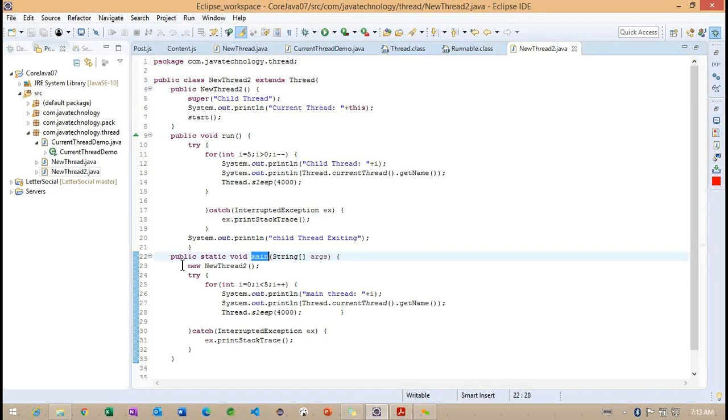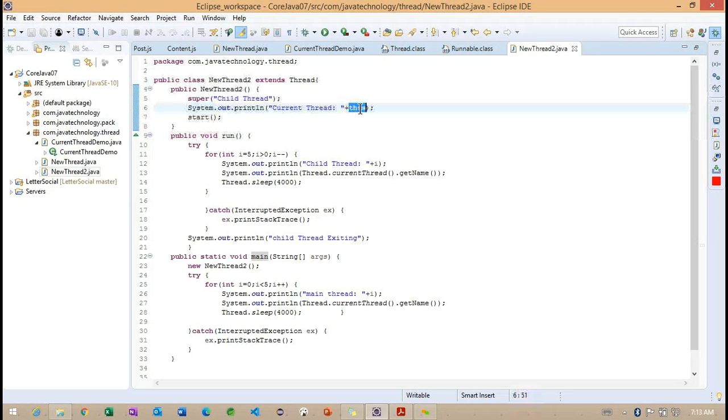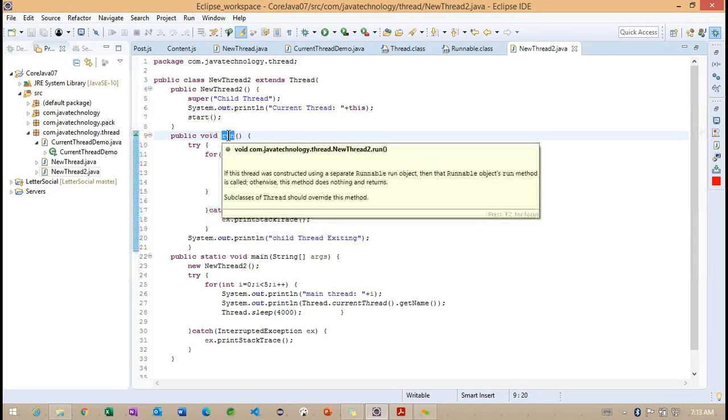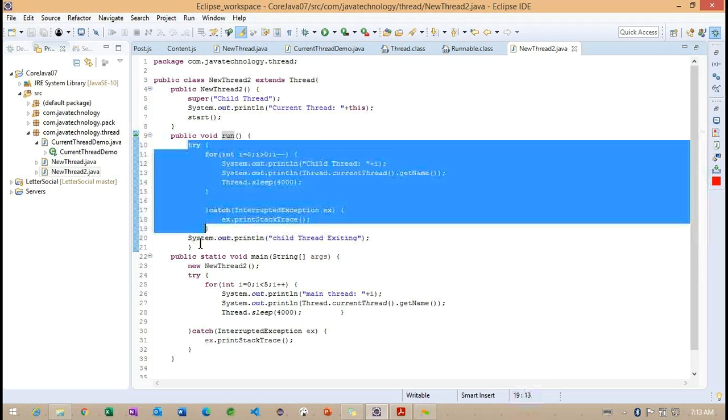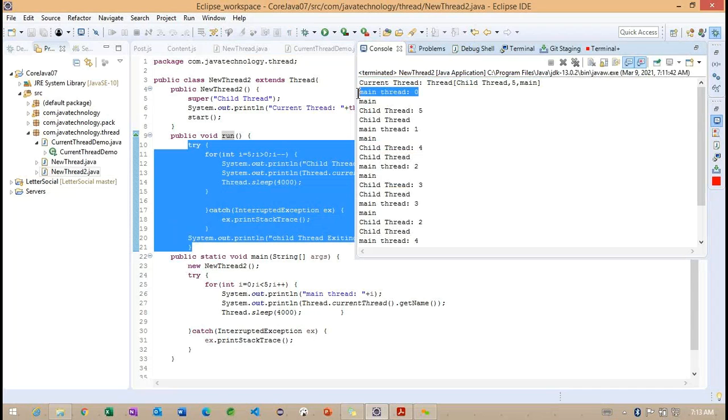If you observe inside the main method, we are simply calling the constructor of the new thread 2. Whenever we call it, internally the constructor is invoked and a thread is created, and whenever the thread is created, it is going to execute whatever information we implemented inside the run method. And after that, what we are doing here? Main thread. So where are we getting this message? This is the main thread, at line number 26. So carefully observe, this is the main thread and this is the child thread.